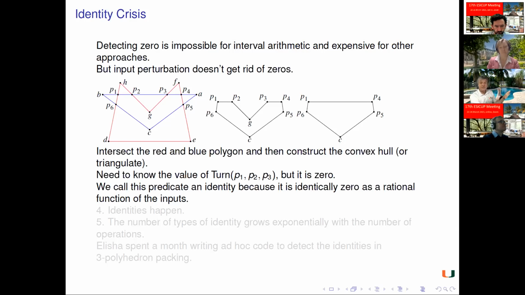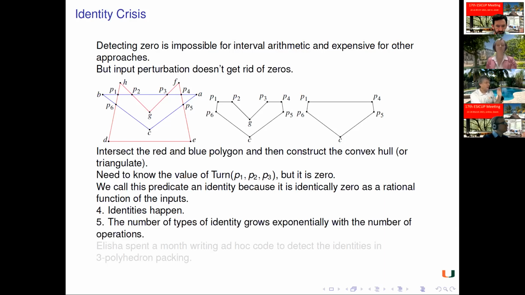And so lesson 4 for us was that identities happen. So we thought, well, you know, it's not so hard. What you should do before calculating turn P1, P2, P3 is check to see if P1, P2, P3 were actually elements of the same line segment. So you keep track of where things come from, and you say, hey, they're all the result of intersecting AB with a different line segment. So therefore, they're collinear. So don't calculate turn P1, P2, P3. It's definitely 0. But the problem is that the number of types of identity grows exponentially with the number of